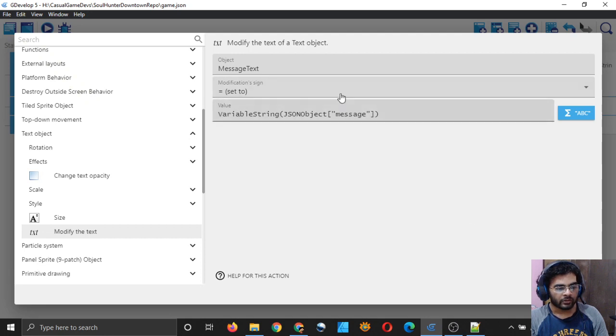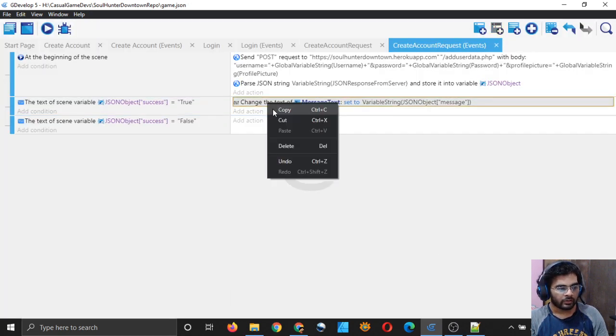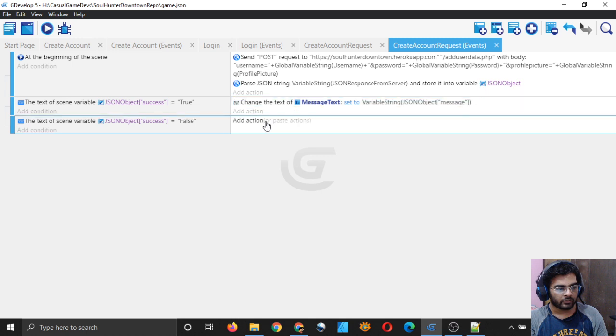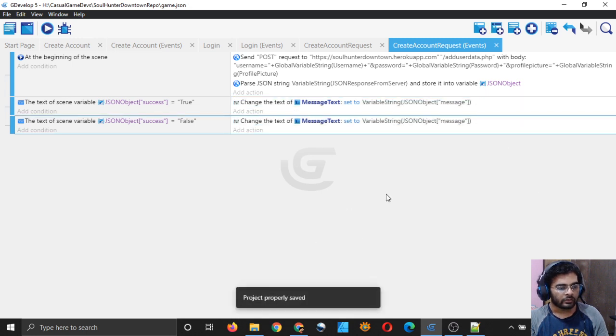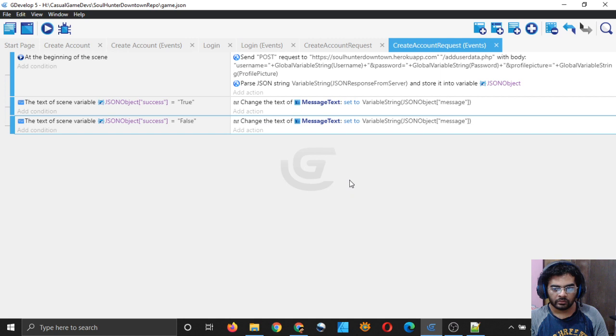So that will simply put the value of the message inside our message text object, right? So I will simply copy this and paste it because I want to do the same thing, and that should work. But we were just testing here, we will do something else actually.